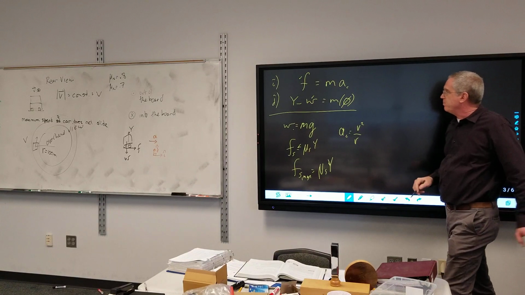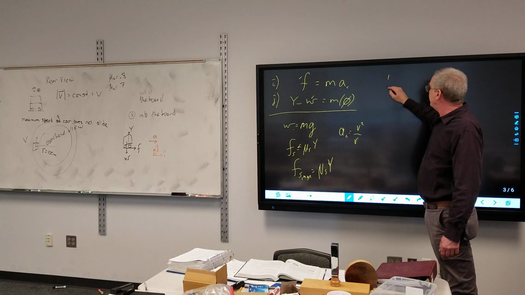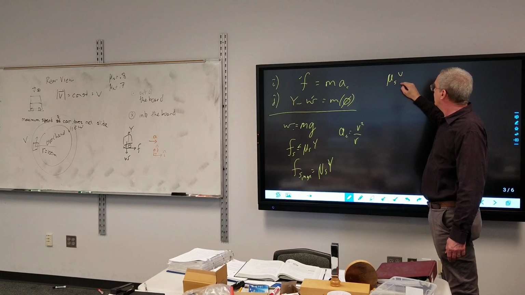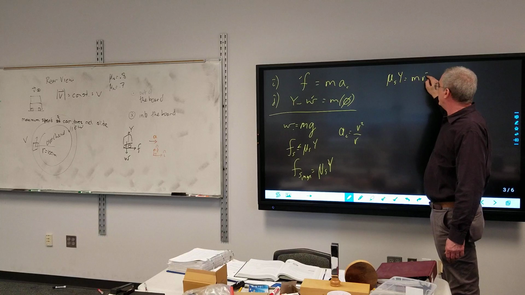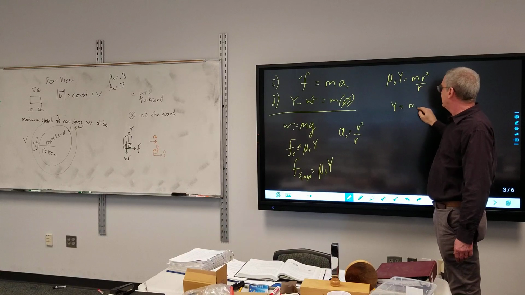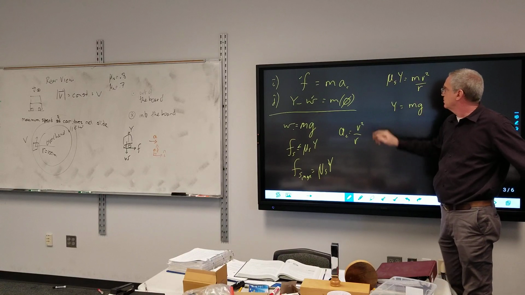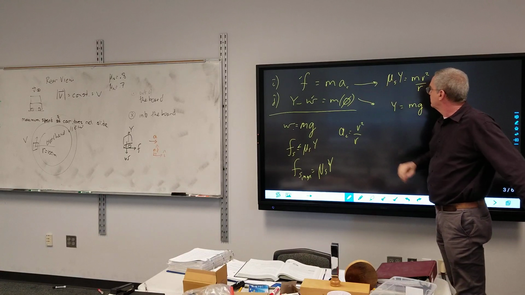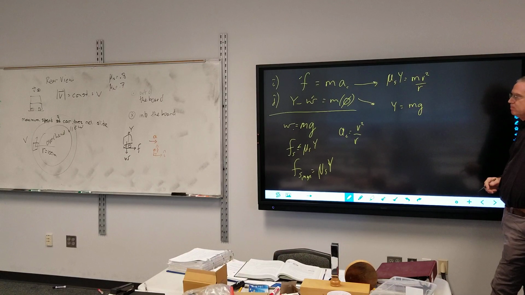And so we will plug these into the equation. So now I have mu_s N is equal to m v squared over r, and I have N is equal to mg. So we have three things to substitute there. At this point, it's a question of how you want to solve it. I'm trying to find